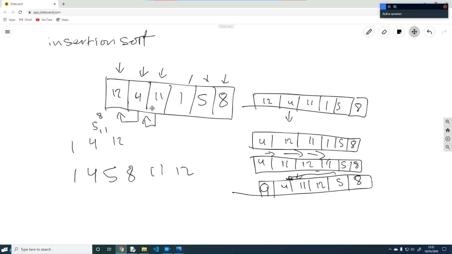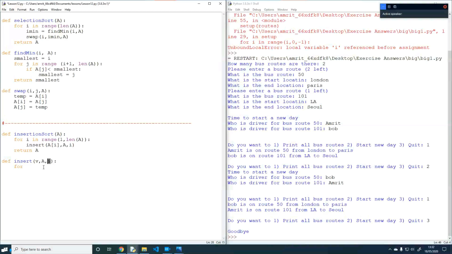We just need to go from the beginning to 1 less than i to find its correct position. We don't need to go past this because we know all of this is unsorted. So how are we going to actually do that in a for loop? For, of course, we can't use i, so I'm just going to use j. So for j in range,